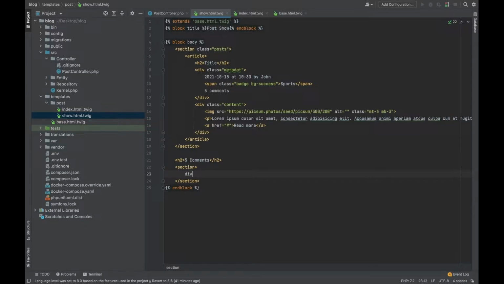So I will add a div with the class card header. In this card header I will add the name of the author of the comment. Then I will add the date of this comment, for example 21 October